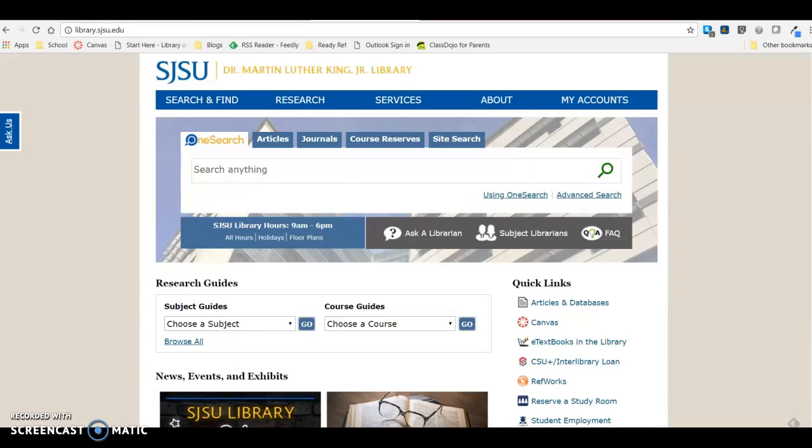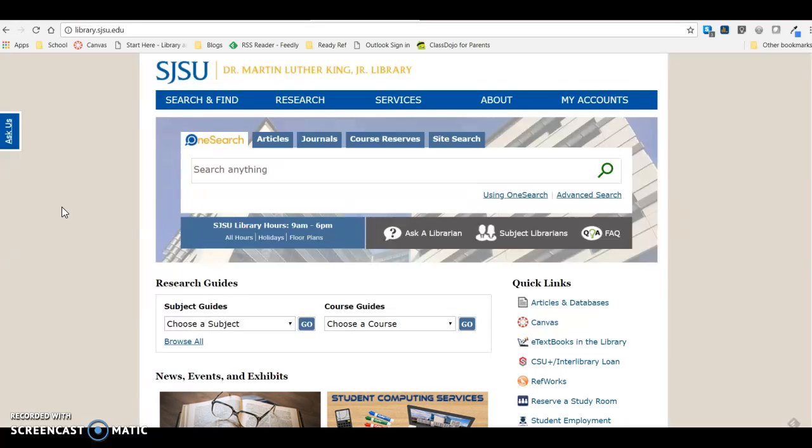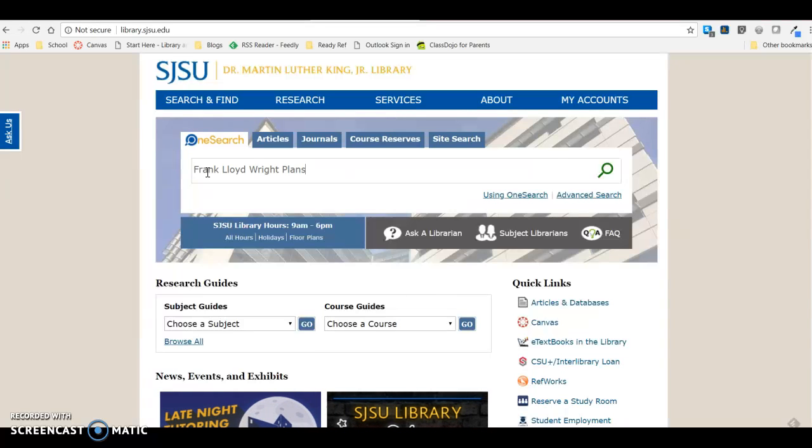This tutorial is a way to show you how to save some items, whether it be searches or particular items that you wanted to save for the future so you can cite them later. Or if you have ongoing research, you can also set up notifications to let you know about new items that fall under your search in OneSearch, a particular search. So we're going to do a sample search here